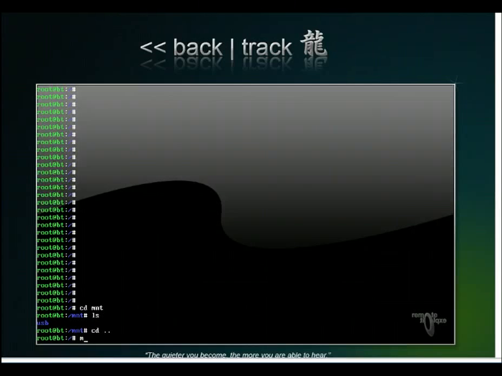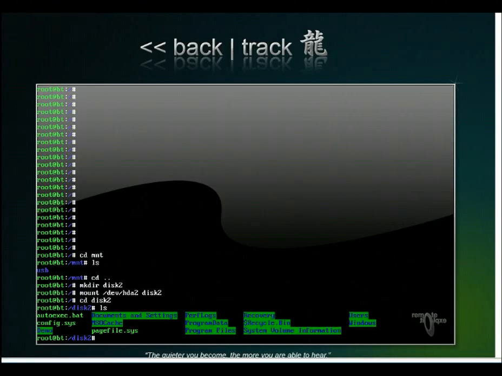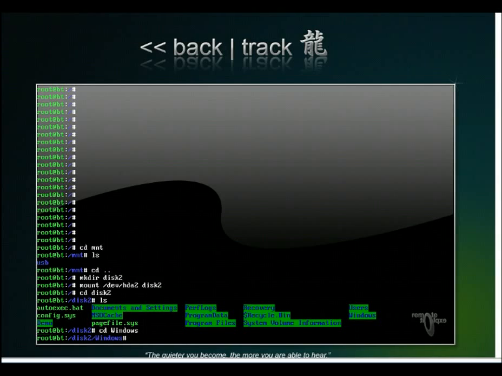So we can make directory disk2, and let's see if we can mount /dev/hda2 to disk2, and it says it's there, so we cd disk2 and do an ls, and we have our Windows system. So we'll cd Windows, case sensitive,